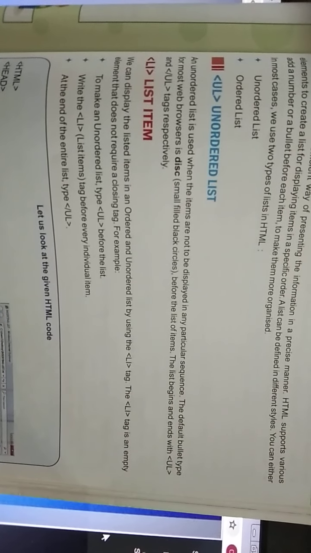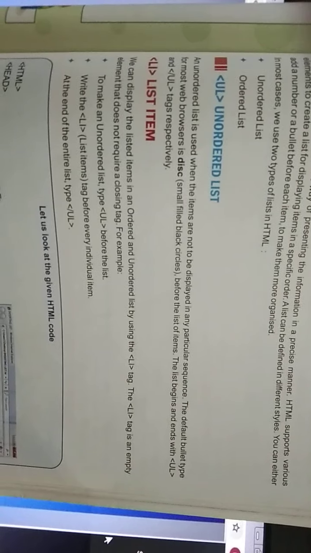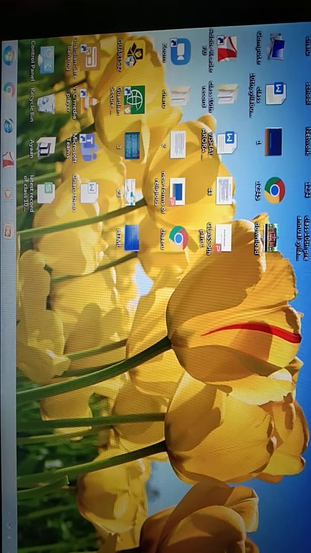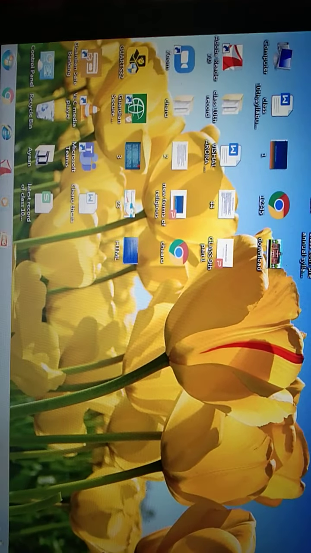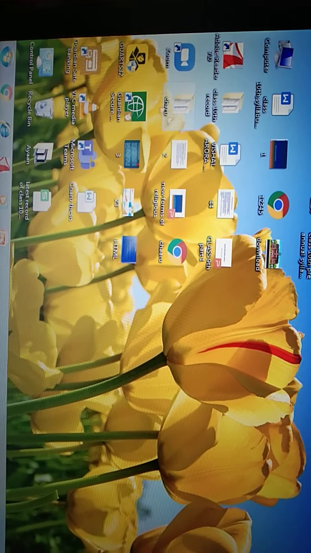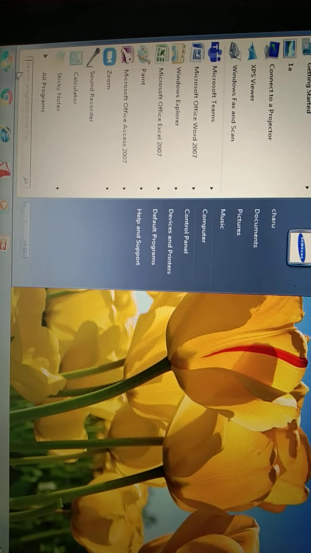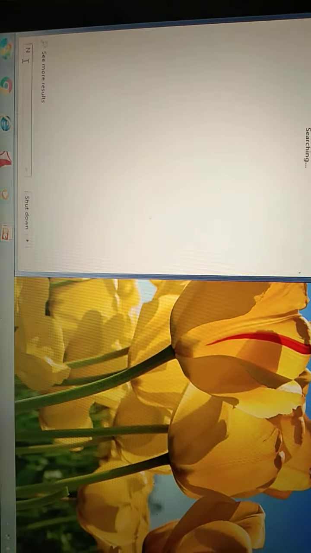Now let's start how we can make a program in HTML by using an unordered list. So class, if I want to run a program in HTML, first of all we open Notepad.